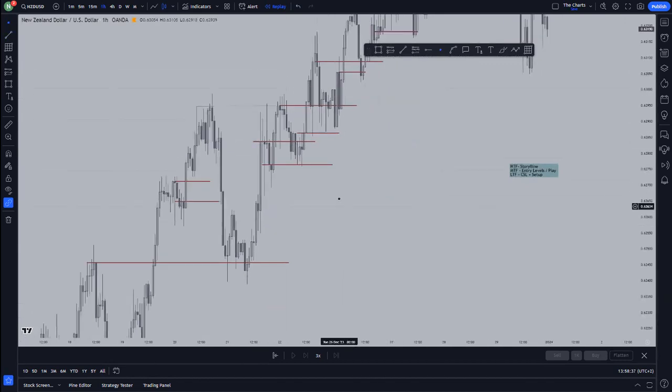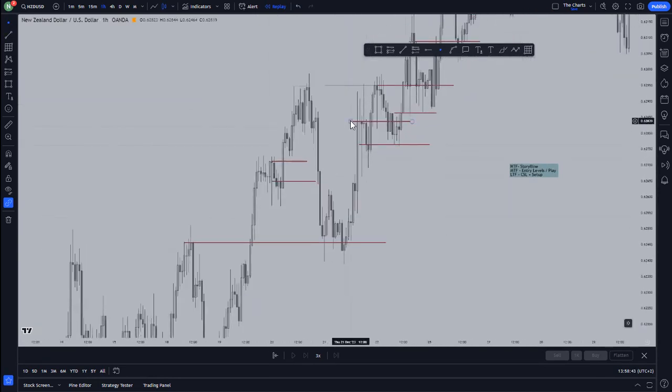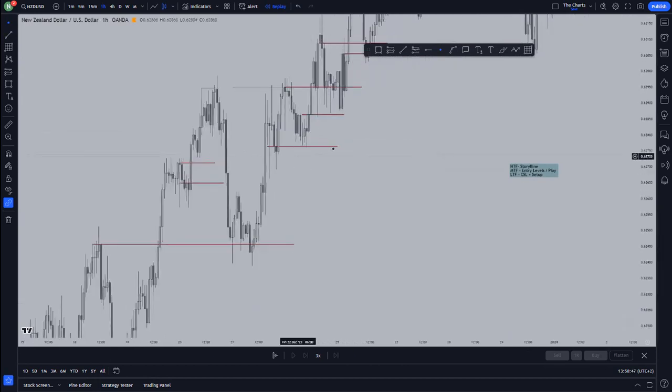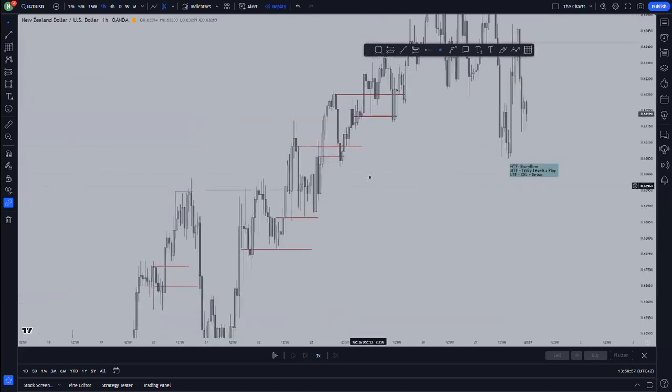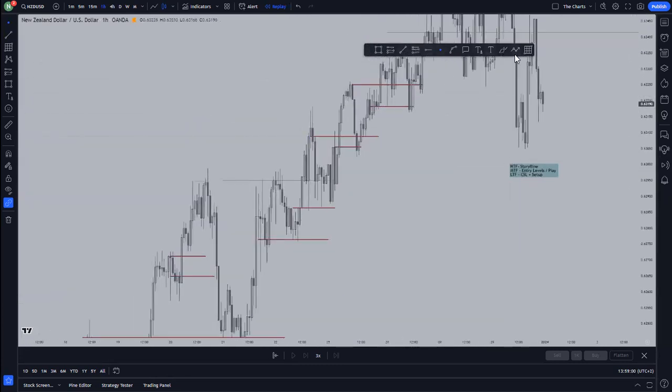Then here now you can also use it to identify these levels, okay? The red pullback right here, 50% of the range. Then you can even take this one out because it's not at the 50%. You can even wait for some buy reactions from there. Then here you can see that this is a direct pullback right here. So which means that you're going to be taking this one out, going to be looking at the 50% of the range. So direct pullback again. If you have a direct pullback, just identify the lowest one.